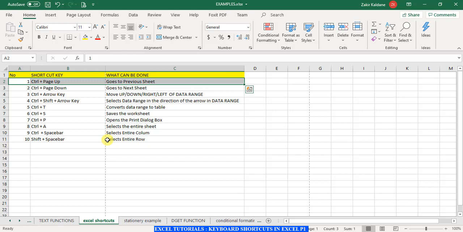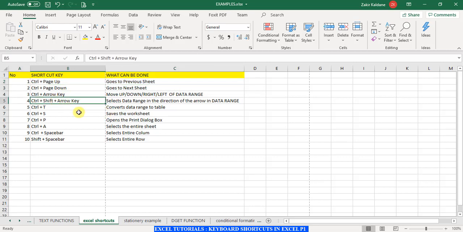Control shift right arrow, what it has done is it has selected the cells in a particular row in a data range. I am repeating data range. Why? Because you see it has not selected the entire row. It is selecting a particular data range. So this is what we can do with control shift and arrow keys.